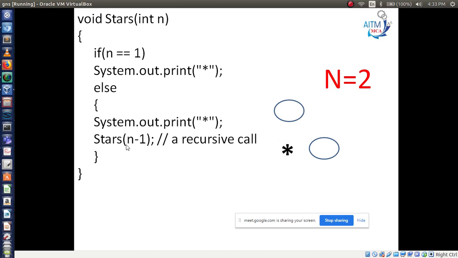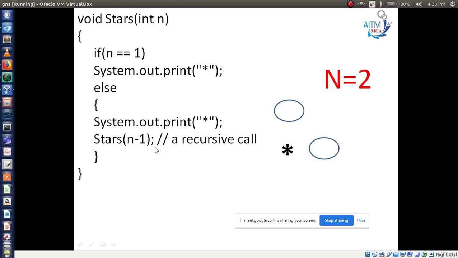Now call this function again. Function name is star, condition n minus 1. So 2 minus 1. N value is 2, 2 minus 1, so 1.